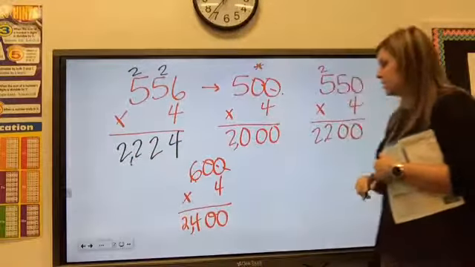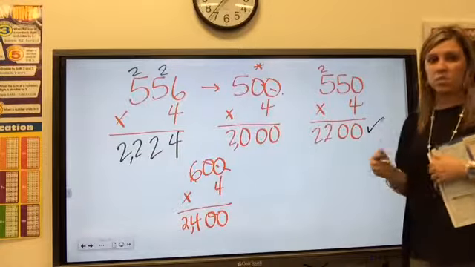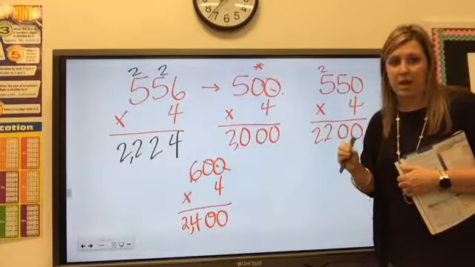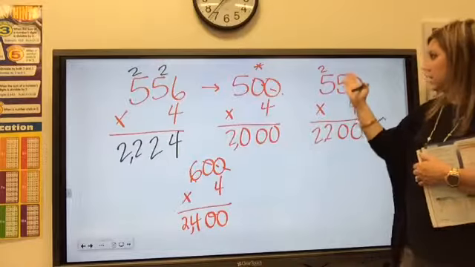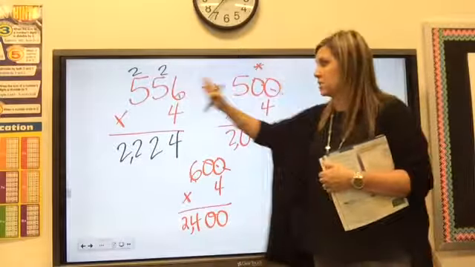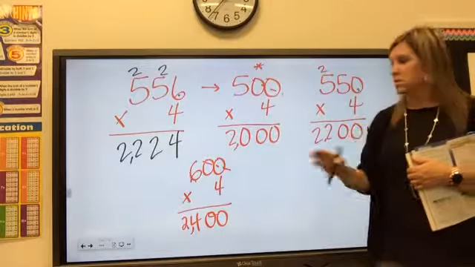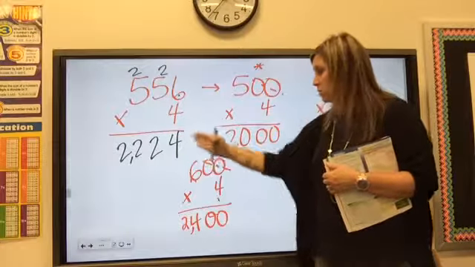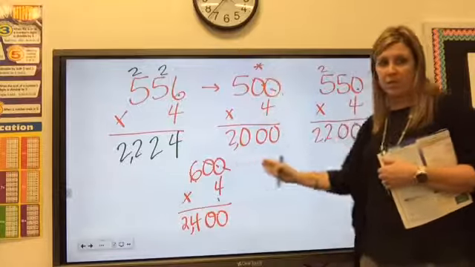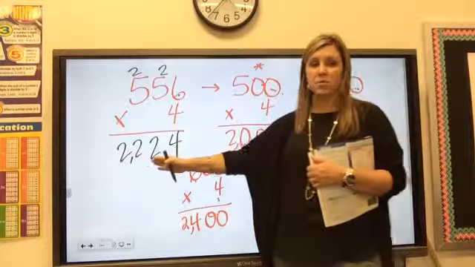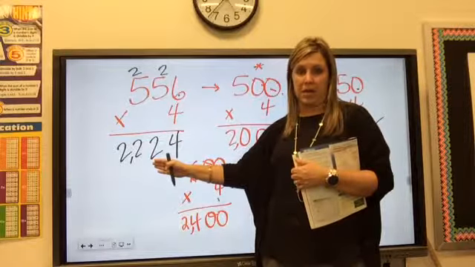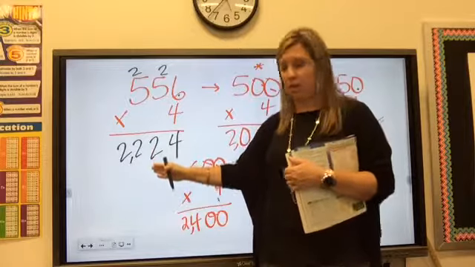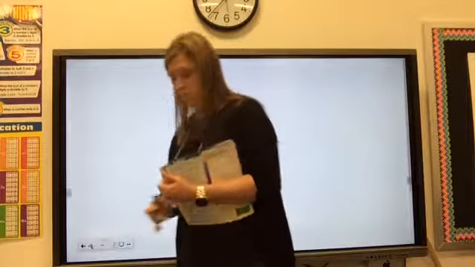So again, you can see that this one is really closest to my actual answer. Because why? Because I'm only 6 away from my actual. This is not that bad, and this is not far off from the actual answer, nor is this. So all 3 of these reds are an acceptable estimate for this answer right here in black. Okay, for this product in black. Okay? All right, so let's go ahead and look at